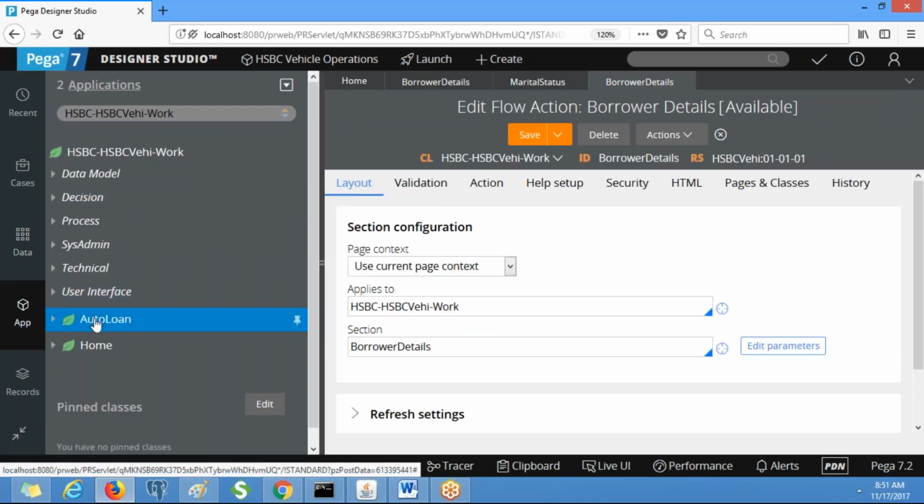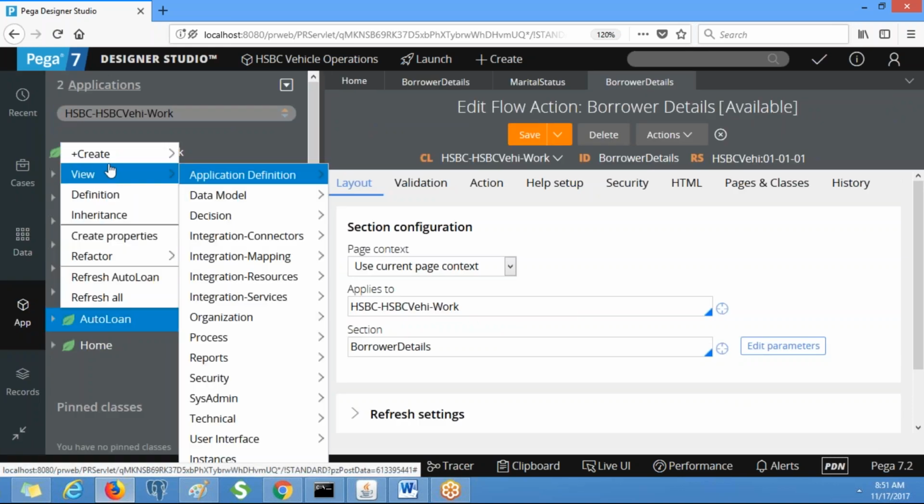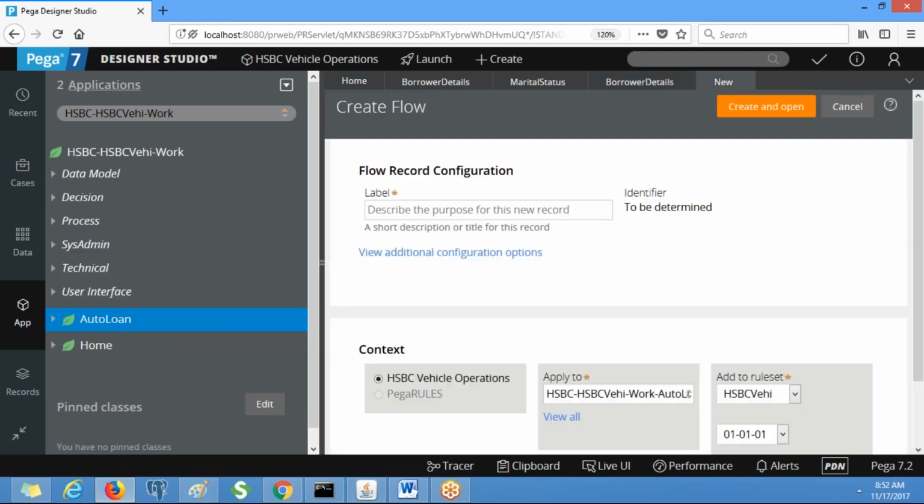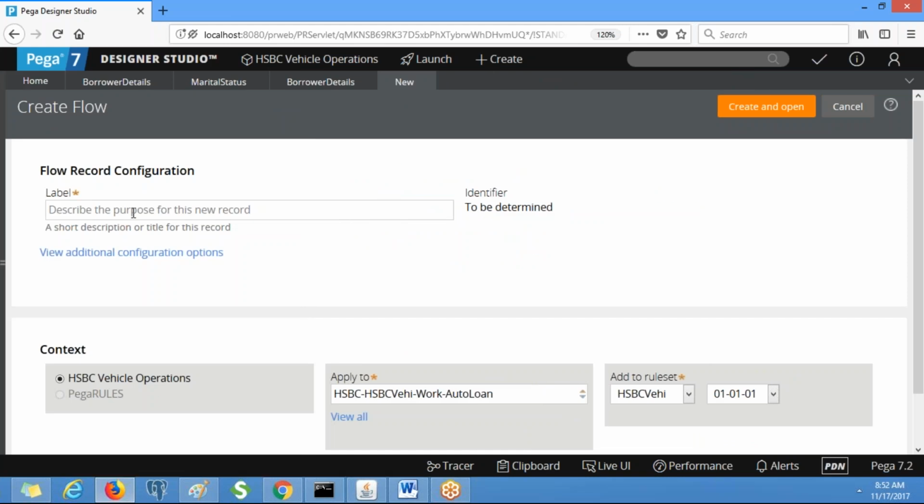Create a process flow. Create a flow under the auto loan class. I hope all the classes are there in your system, otherwise please create them.